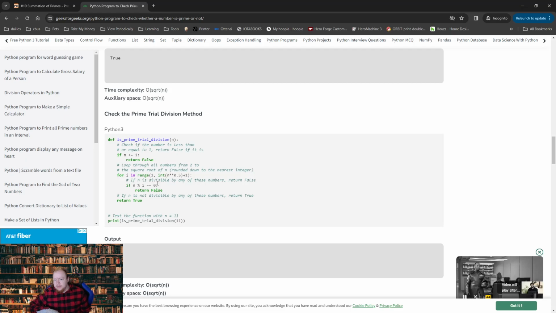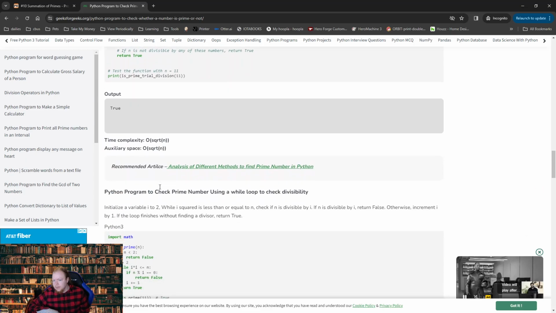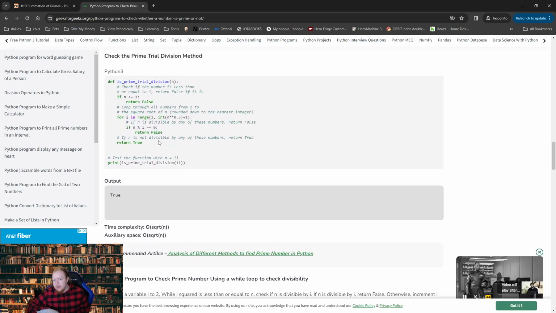Okay. So again, because they're looping through literally every single number between 2 and the square root, or let's say the nearest integer to the square root, counting up, rounding up,